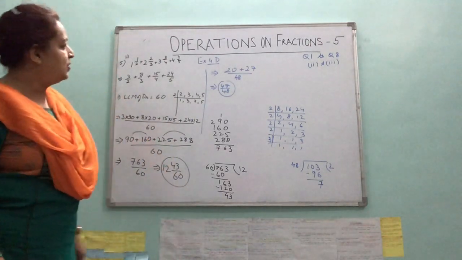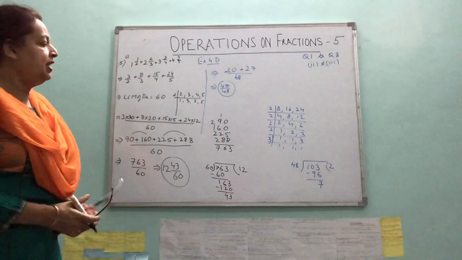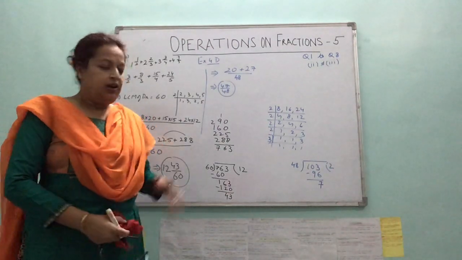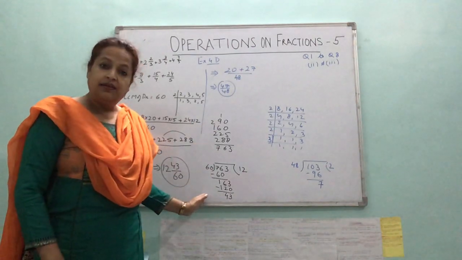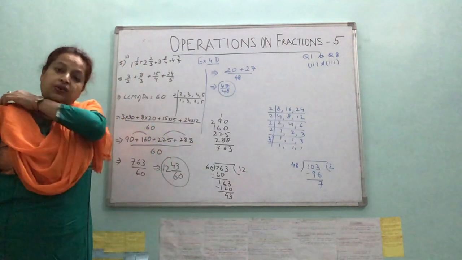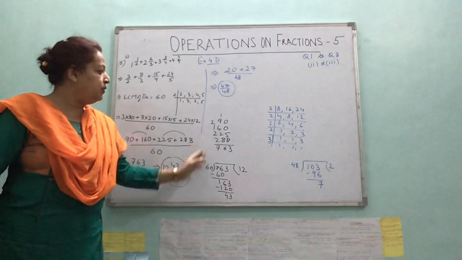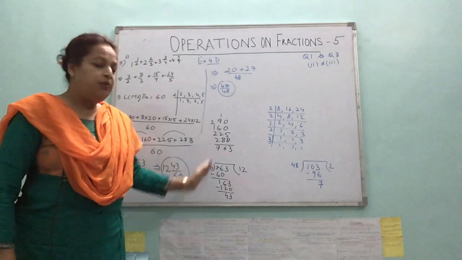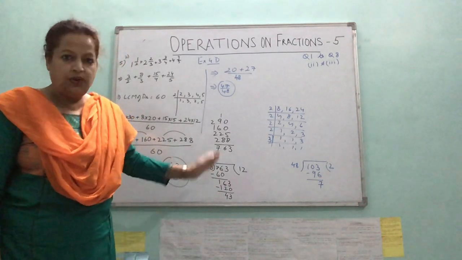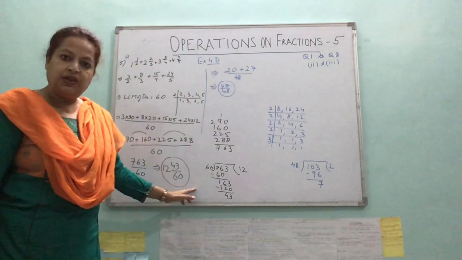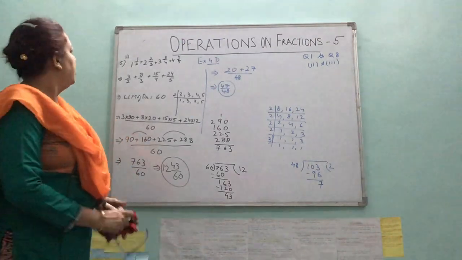Alright children. So this is how we do it, and all this working column, children, in your notebook. You will make a column there and all this is to be shown there clearly. See, it is nothing like rough working. It is all your working. Only thing you are showing it by the side. That's all. So it would be shown there. And it should be very neatly done. No haphazard work, no cutting, no overwriting. We will keep that in mind.